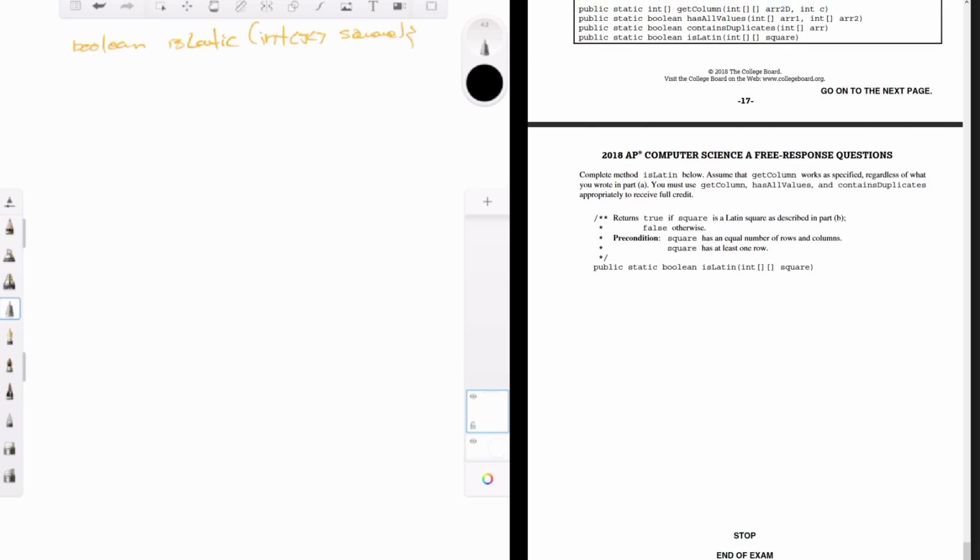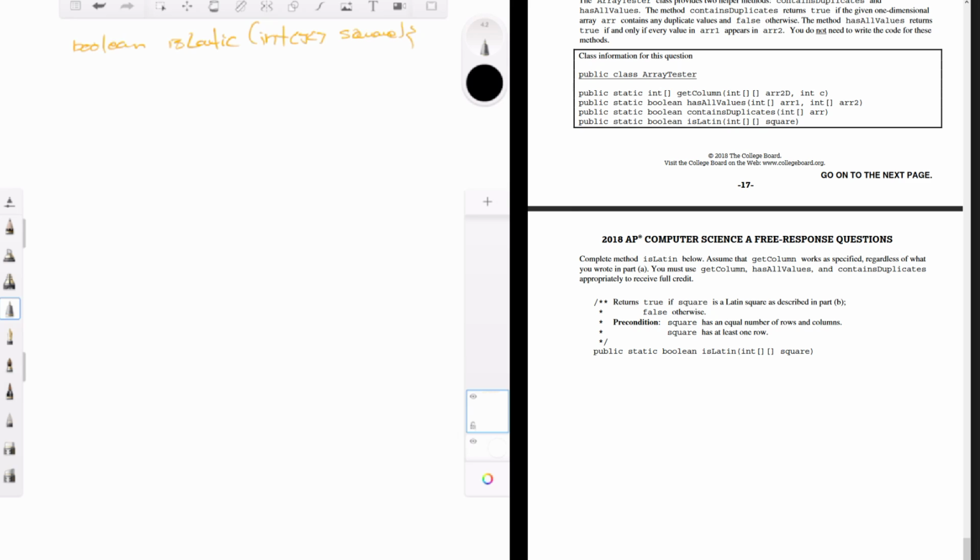And so what you want to do is take a look at these guys, right? You want to identify what's available to you and use them to your advantage. Contains duplicates here will handle the fact that we need the first row to contain all unique elements. So we're just going to use that. If contains duplicates,